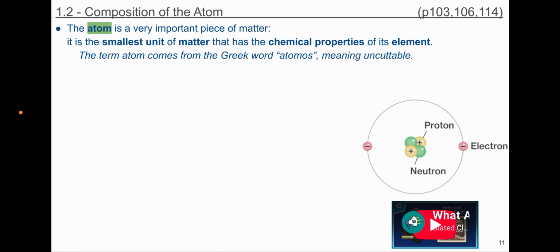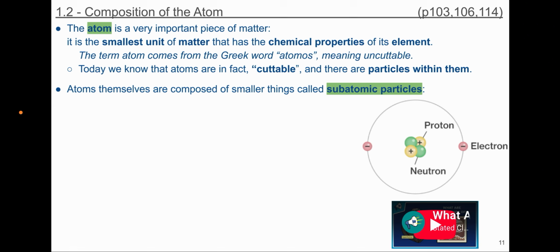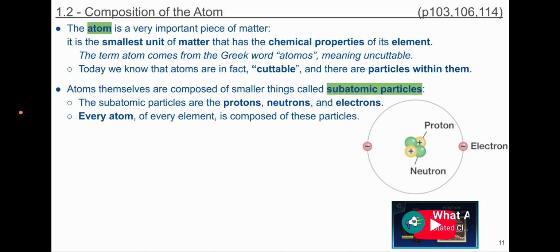So atom, that term comes from the Greek word atomos, which means uncuttable. Today we know that atoms are in fact cuttable, quote unquote, and that there are particles within them. Atoms themselves are composed of smaller things called subatomic particles. Those subatomic particles are protons, neutrons, and electrons. Those are the words we gave to name those pieces. Every atom of every element is composed of these particles, which is kind of crazy when you think about that